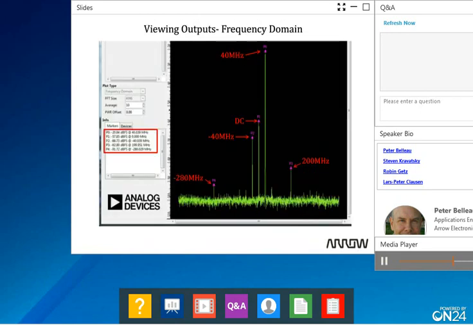You can view the results in the frequency domain as well. You should be able to see the fundamental frequency which you input as well as some harmonics. These are shown in the info box to the left. In this example, we see the fundamental of 40 megahertz, which we put in, as well as the 5th harmonic out at 200 megahertz. The frequency component that is visible at negative 40 megahertz is the image of the fundamental. One note is, if you want to reduce noise further, you can always increase the averaging from 10 to, say, 100, for example.